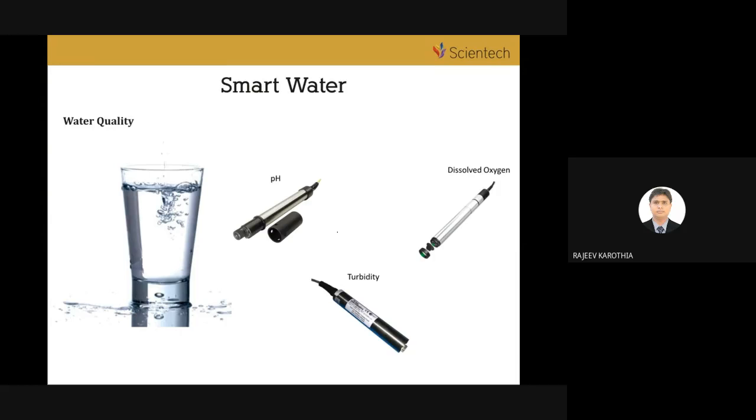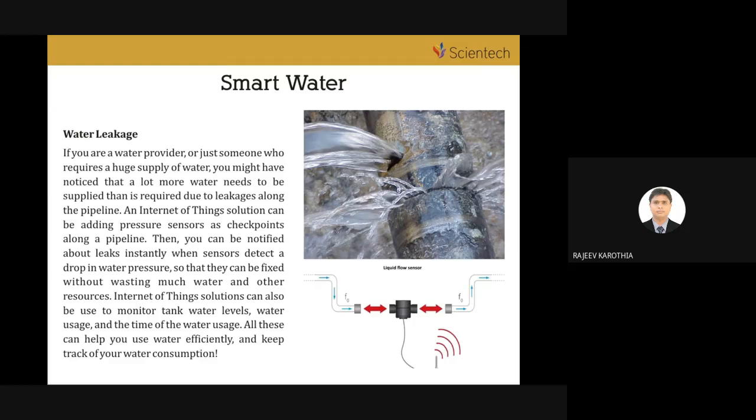to our social benefit. Water leakage is again an important problem area for our society, where we have a lot of wastage of water because of leakage. So you can use some kind of sensor with which you can monitor the flow level at different locations, so that you can find out whether there is any leakage in the pipeline. So by using this flow sensor, or there are some sensors relevant with ultrasonic, or a lot of other sensors are also there. But I am talking about this application area where we can use this IoT. So water leakage is another problem area.